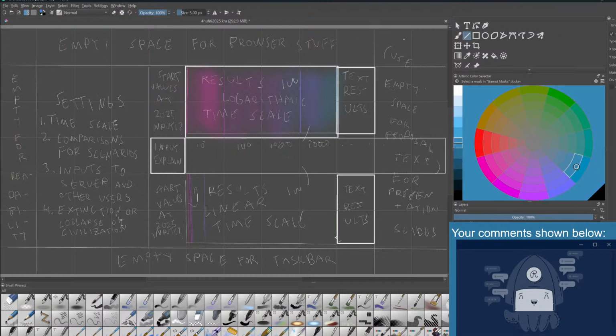Because if we have a 10,000 year time scale, then the last one is gonna be the total, compared to over here where it's just a small part. So it looks more like this in reality, but because we want to set here